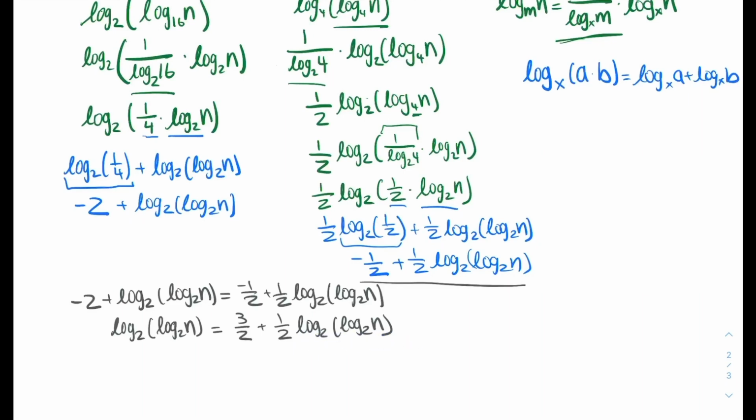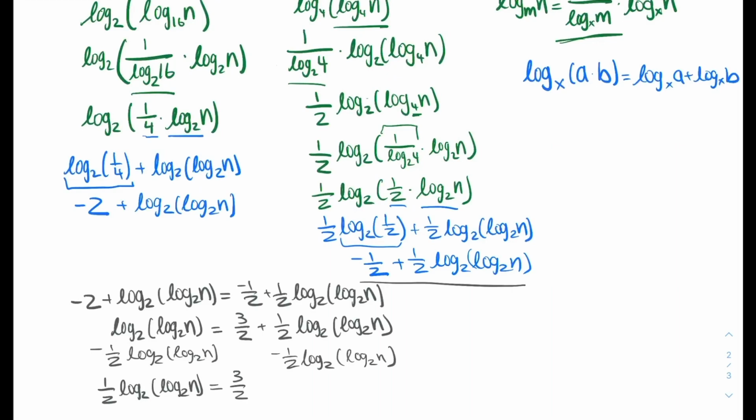Here there's a half and here it's a whole, so we can subtract from both sides. Let's subtract a half log base 2 log base 2n from both sides. So what we're going to end up with here is a half of log base 2 log base 2n equal to